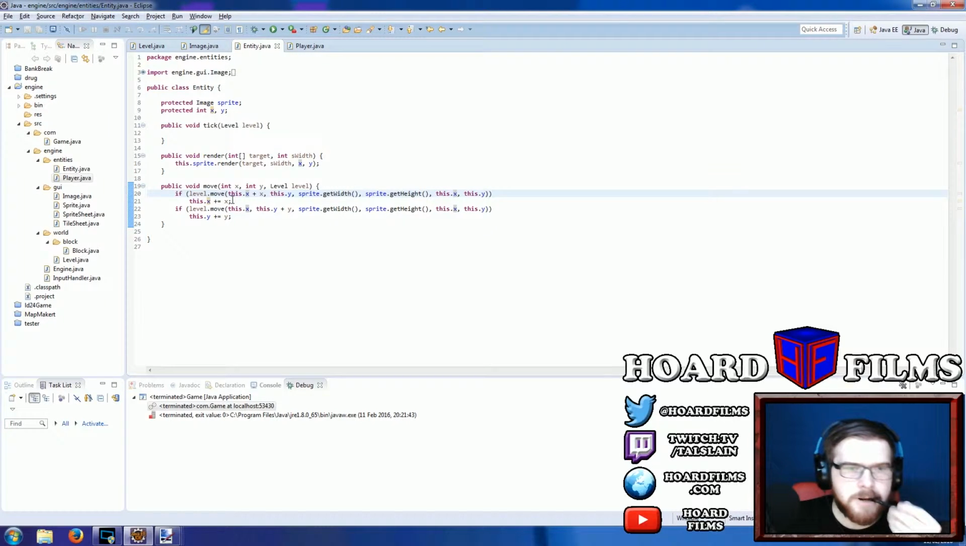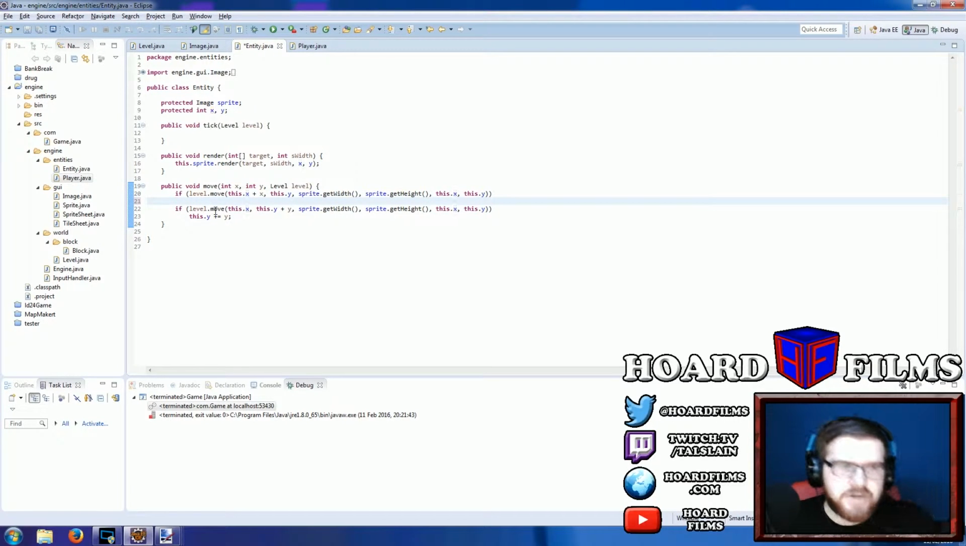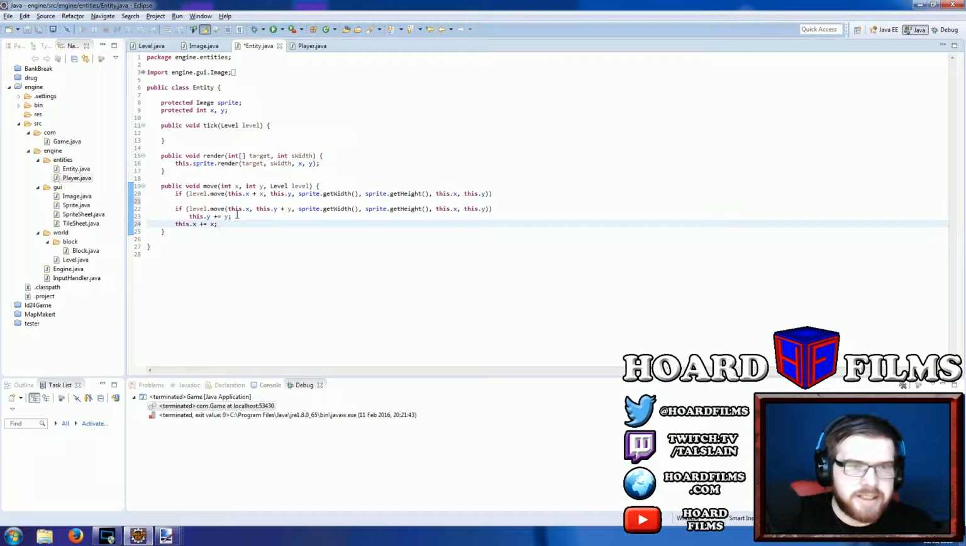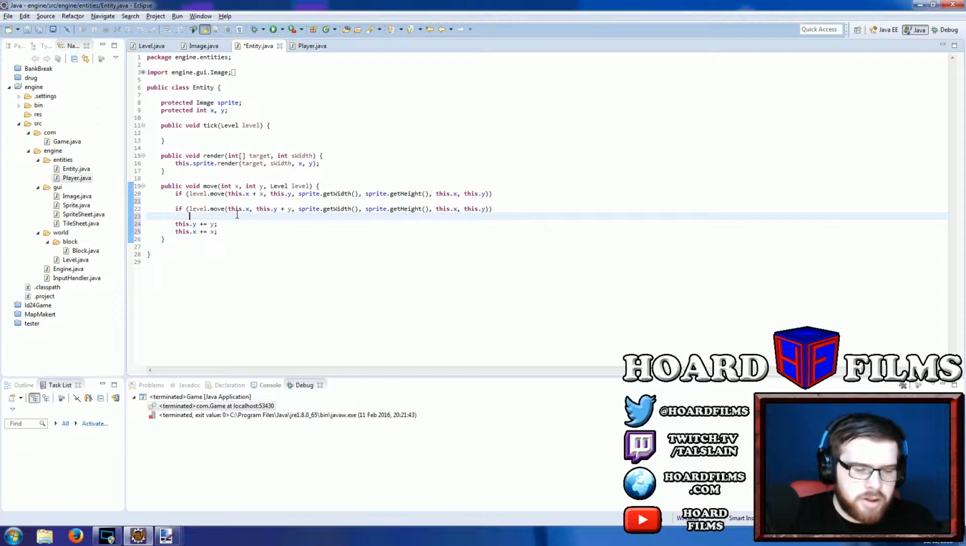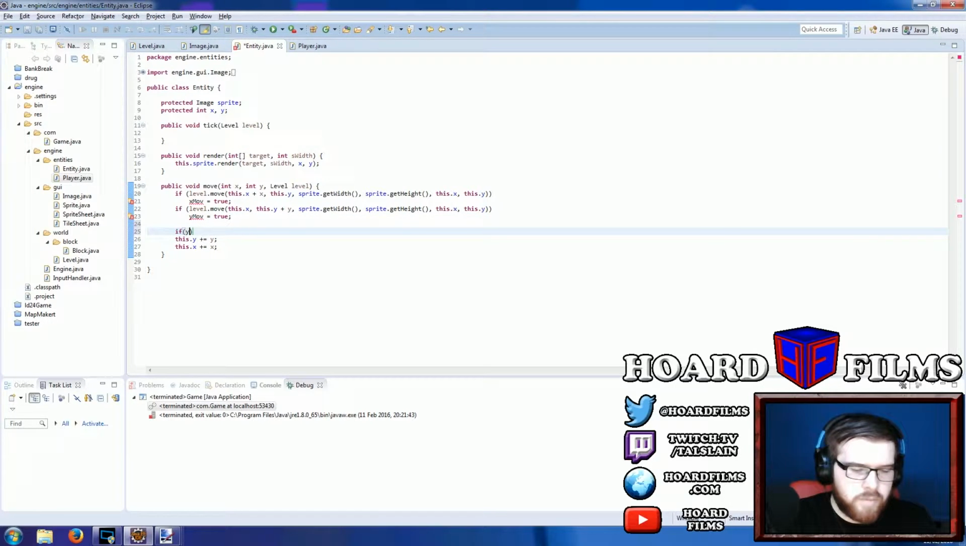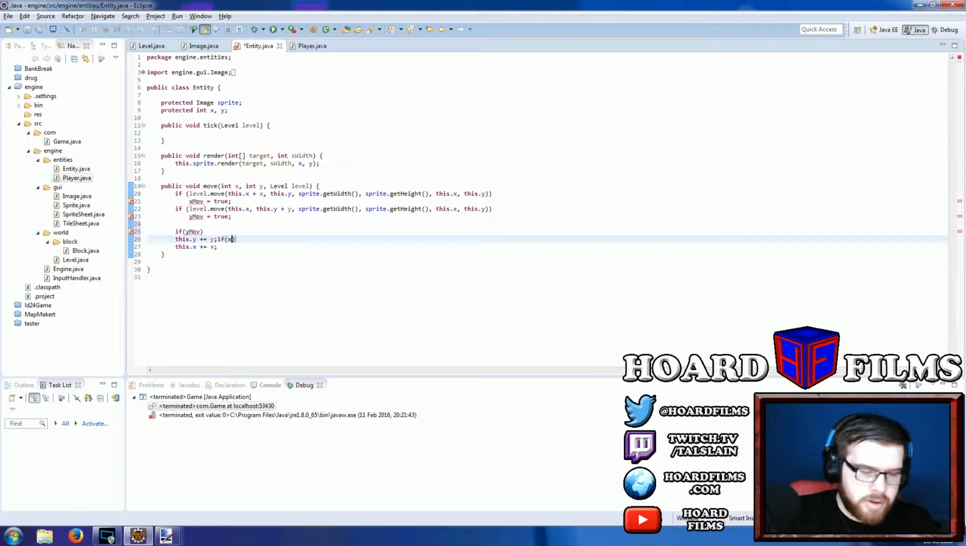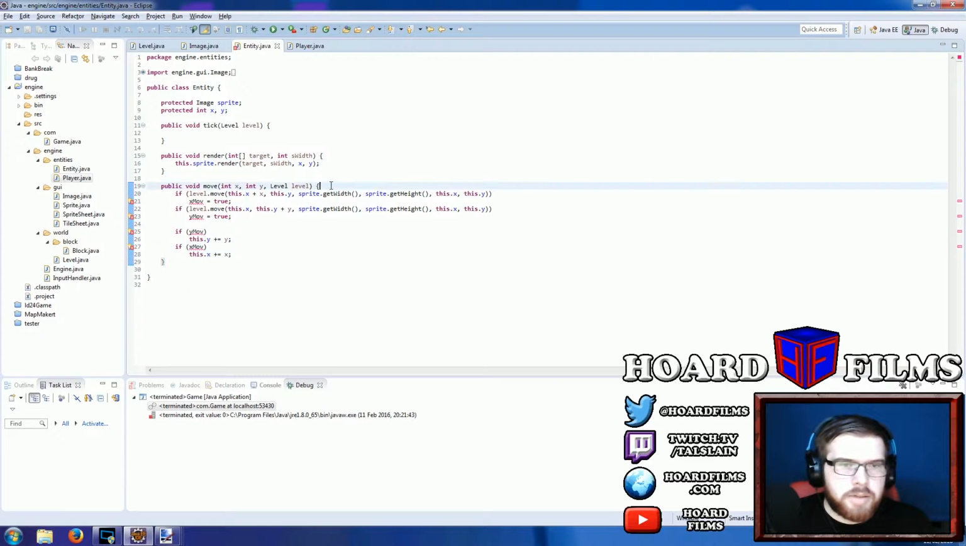then it changes first. So what we're going to do is, like that. Y mov equals true, and X mov equals true. And then down here what we'll do is if Y mov, and then if X mov. And then up here